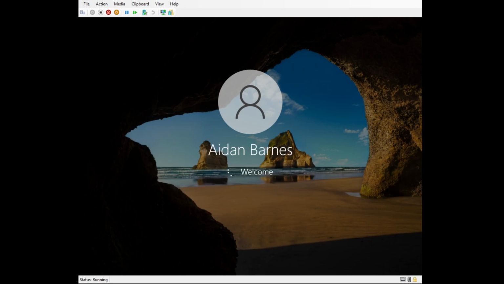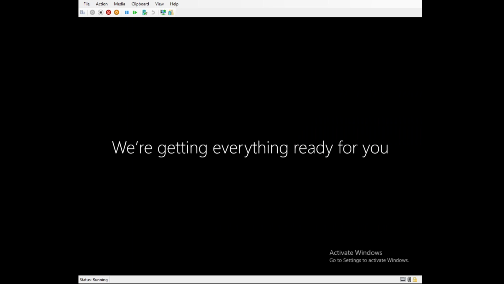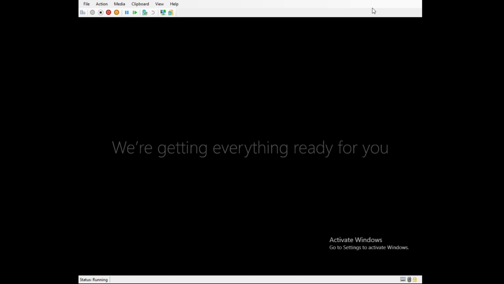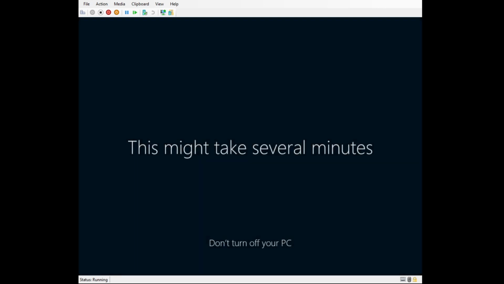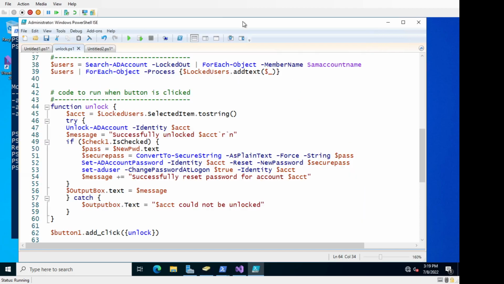And there we go. Cool. So that now unlocked the user, reset their password. When they logged in, they had to change their password to a new value, and everything is rocking and rolling. Okay, so that is working. So again, let me switch back over to my domain controller here, so we could again